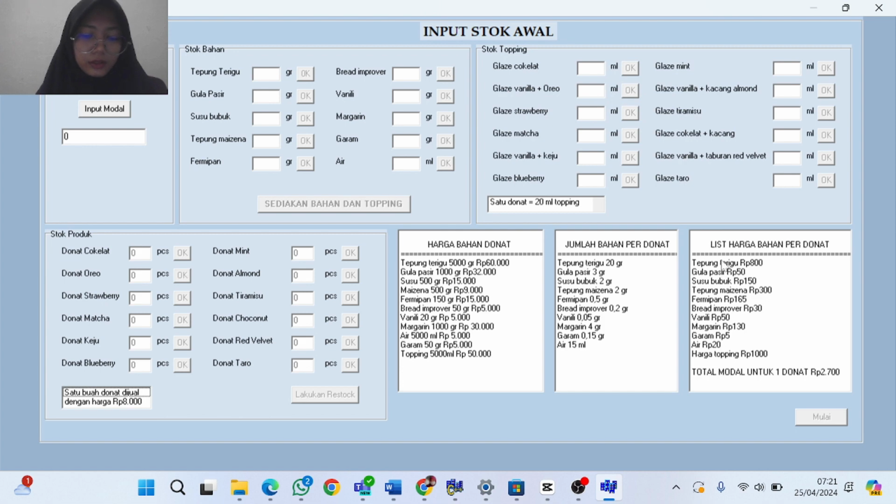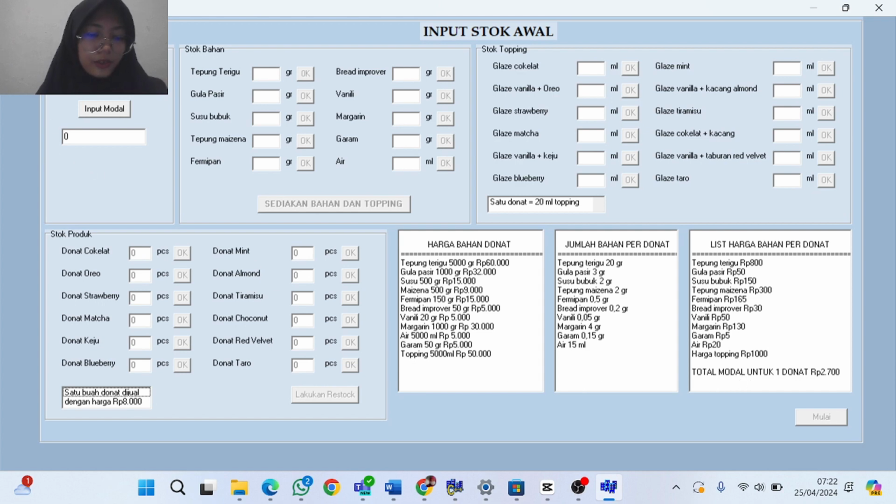Here there is also a list of ingredient prices per donut, meaning that flour for one donut costs 800 rupiah, plus other ingredients and topping prices. So the total capital for one donut is 2,700 rupiah.